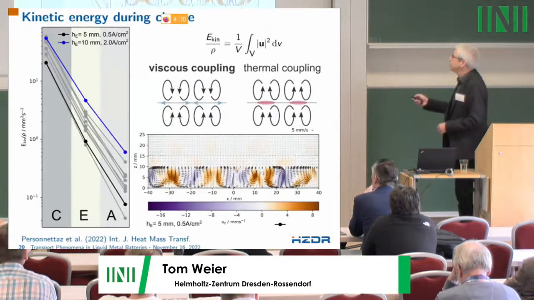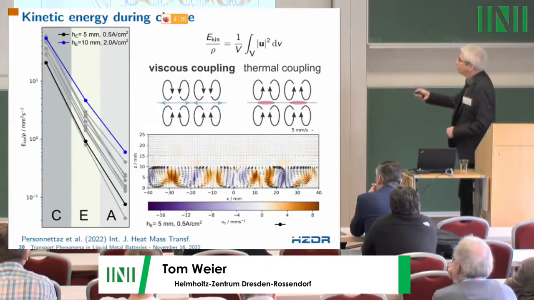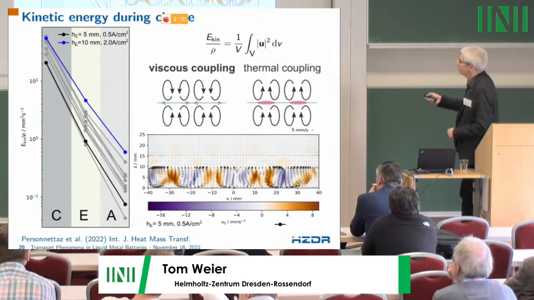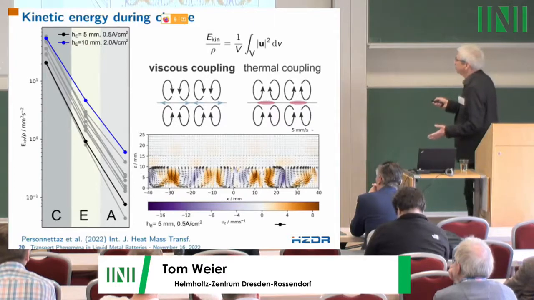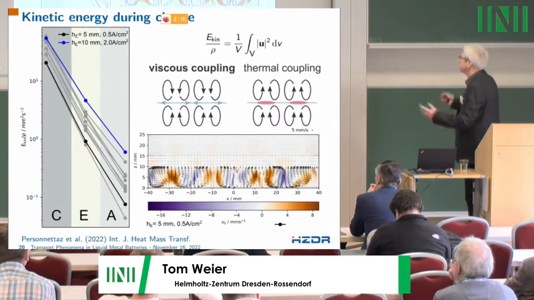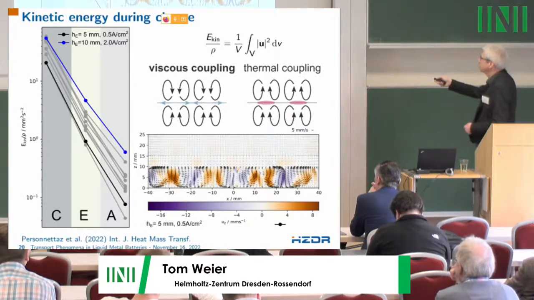So kinetic energy in these three layers during charge is by far highest in the cathode, where it's driven by solutal convection. It's an order of magnitude less in the electrolyte, and it's even lesser in the anode on top. So this is just a snapshot. It shows high velocities, as I already said, in the cathode, lower ones in the electrolyte, and very low ones